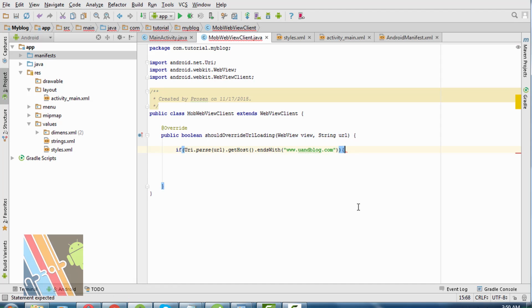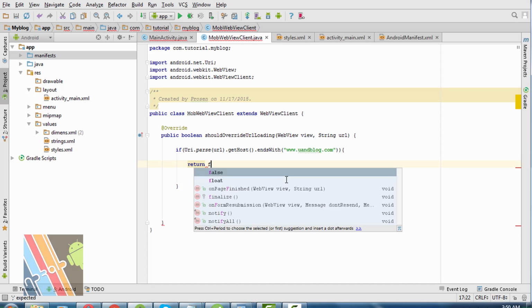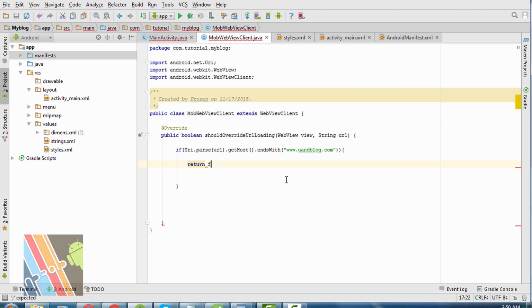Then inside the if block write a return statement, return false,